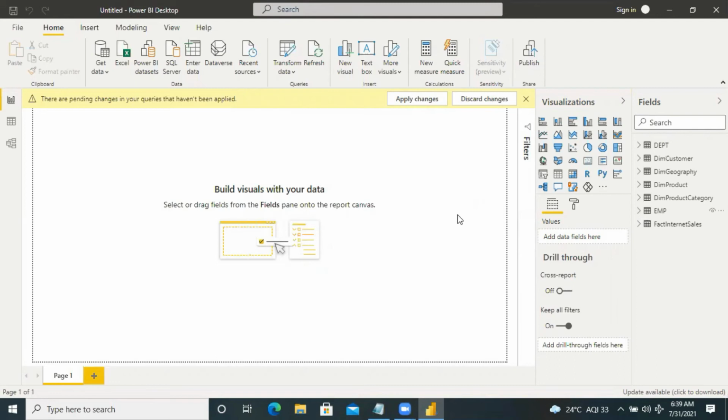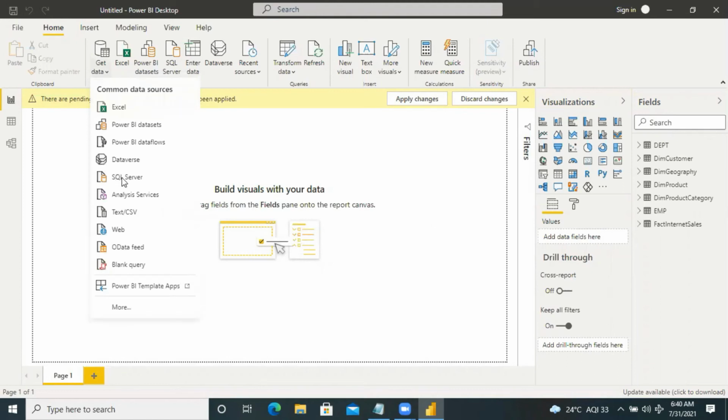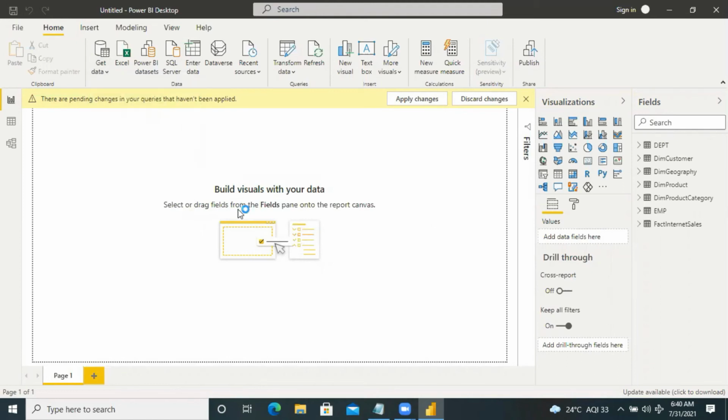So also connect to the SQL Server using the management studio, as usual, with the database engine services.